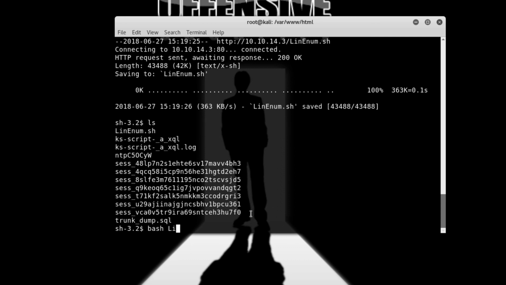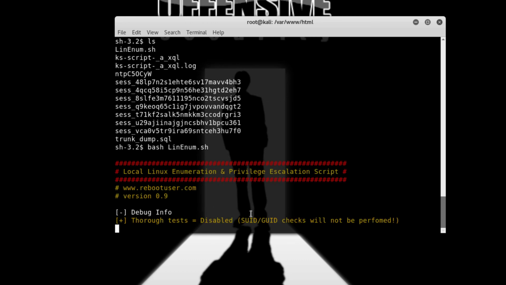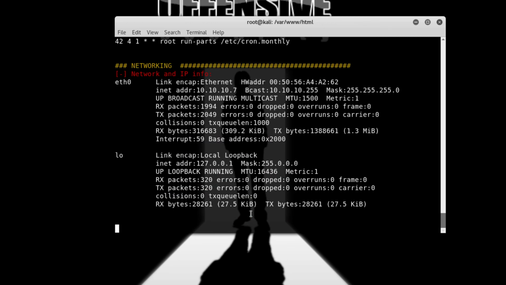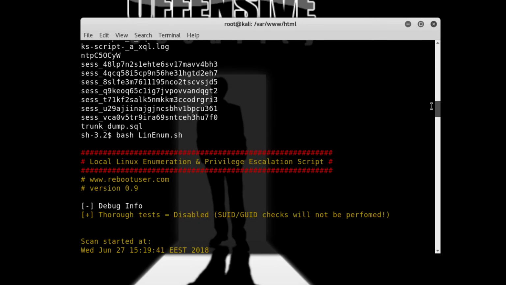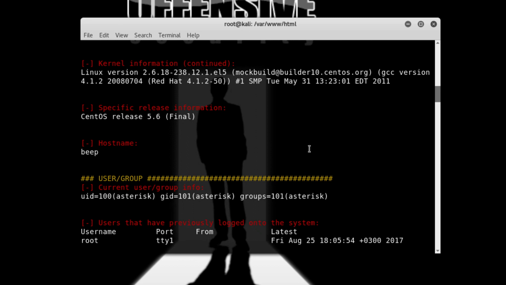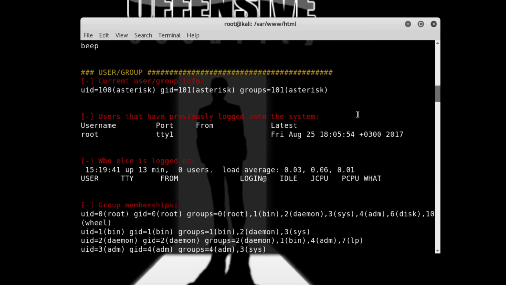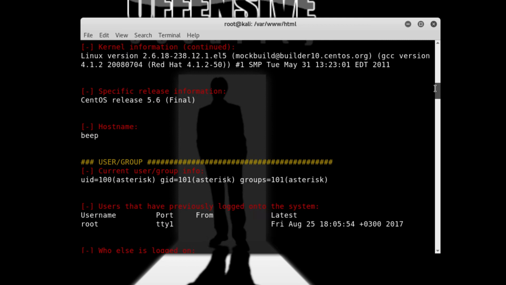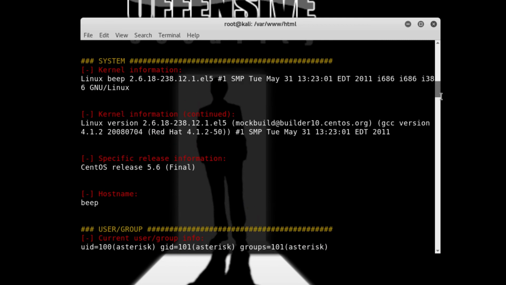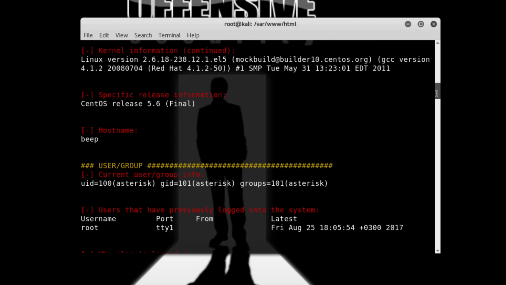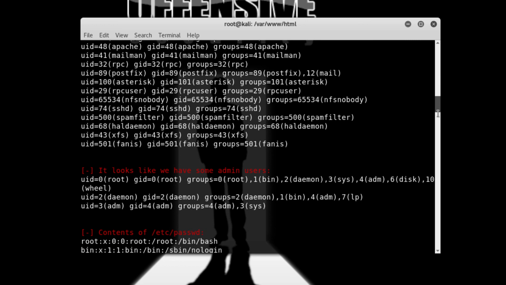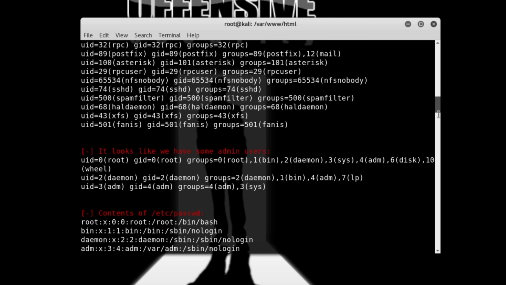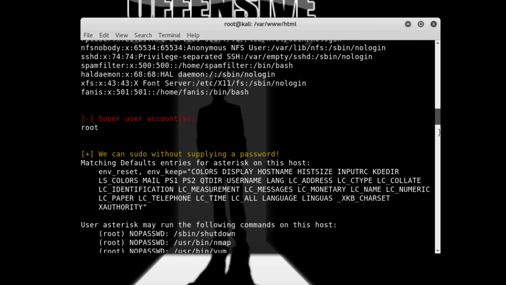So bash LinEnum.sh. So now while this runs, it shouldn't take too long. We'll just wait. So now that some of it has ran, we can actually start going through it. And as we go through it, we can see the kernel information, the release information, the host name, pretty much all the information we would do manually kind of comes on here automatically. So there is a root user, and then if we go down here, we actually see we can supply sudo without supplying a password,